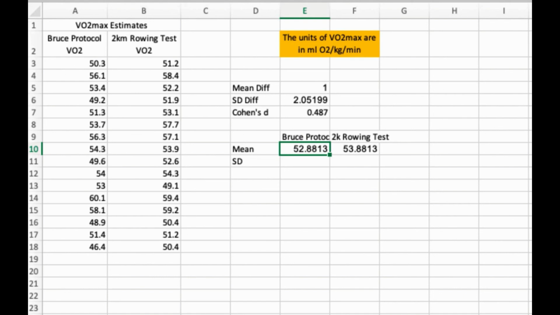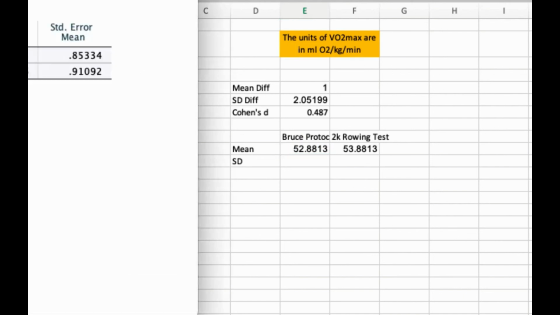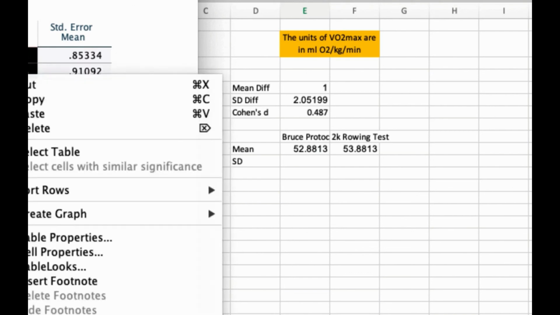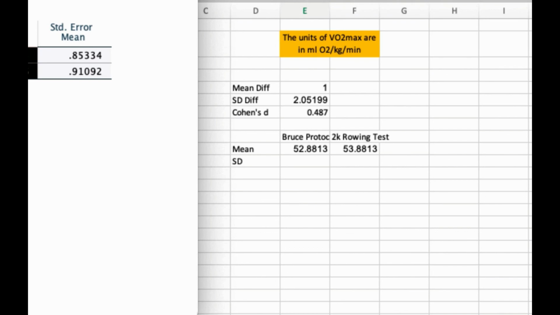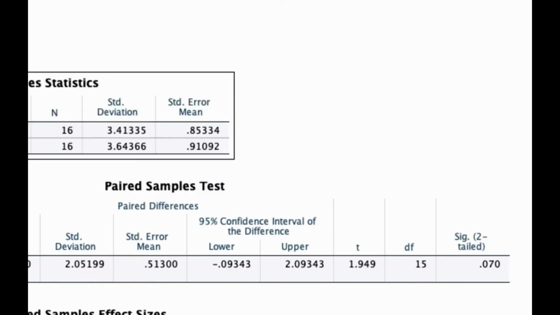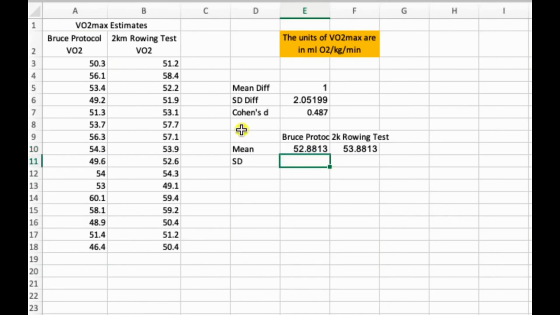So just make sure that you're not mixing up your values, otherwise you will get the wrong graph. We'll also copy our standard deviations from our output. Again, the first value that was listed was the 2K test, and the second value listed is the Bruce protocol. So from here, we can highlight our means